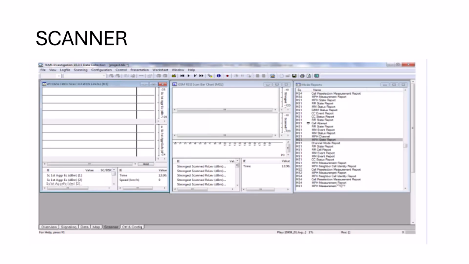Now we continue with the scanner. The scanner tab in Tems, Telecom Equipment and Monitoring System, is a module that displays real-time scanning data and information related to cellular network environments. This tab provides a comprehensive overview of scanning results, including details on available cells, signal strength, frequency, and other